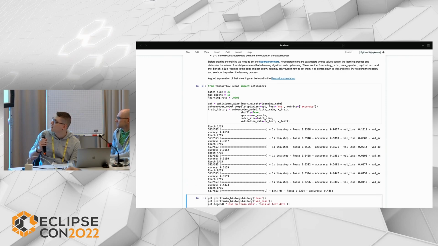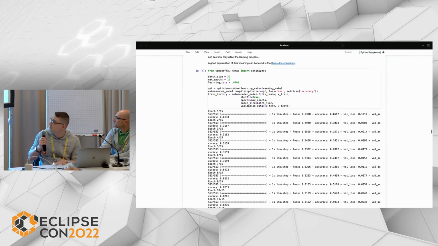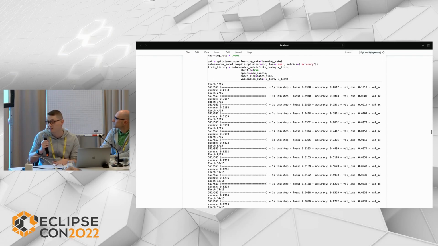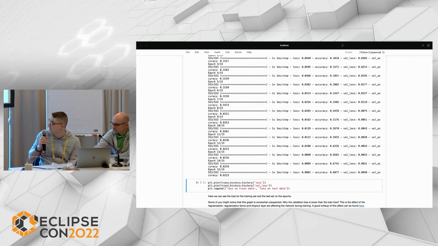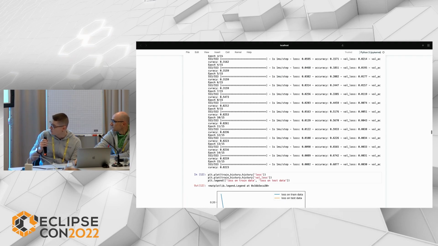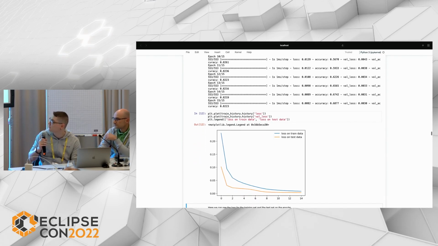And again, I won't dig deep into the details of all these parameters. I invite you to try things out on the notebook and see how the model behavior changes upon changing these parameters. And as you can see here, this is the loss, which is the mean square error,